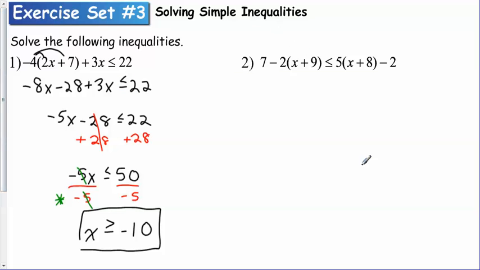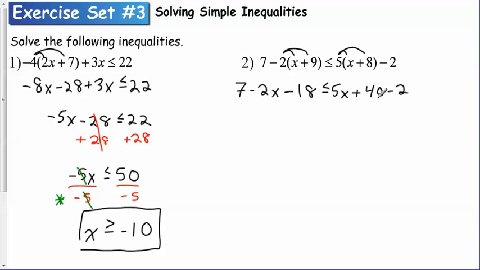So if we look at number 2, I have 7 minus 2 times the quantity x plus 9 is less than or equal to 5 times the quantity x plus 8 minus 2. Again, looks are deceiving. We know it looks complicated, but we approach it by simplifying. So I'm going to distribute the negative 2 on the left side, and I'm going to distribute the 5 on the right side. So I have 7 minus 2x minus 18 is less than or equal to 5x plus 40